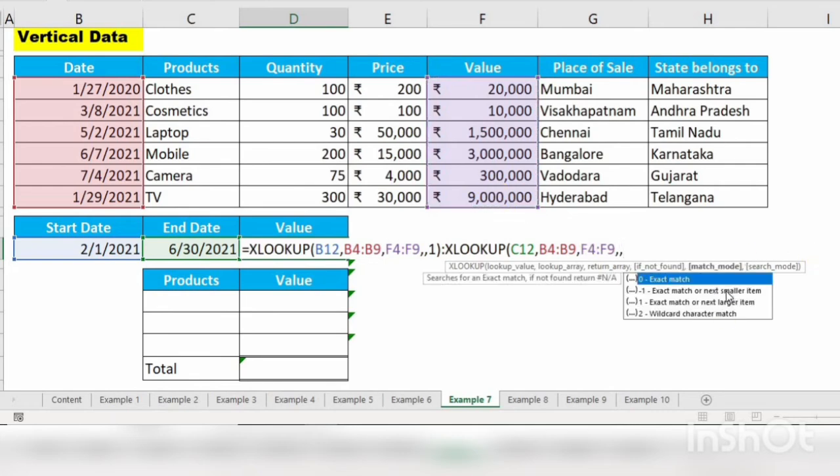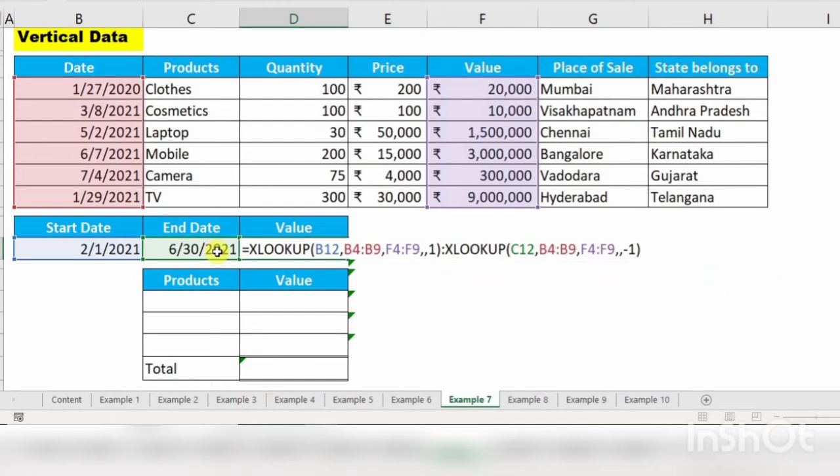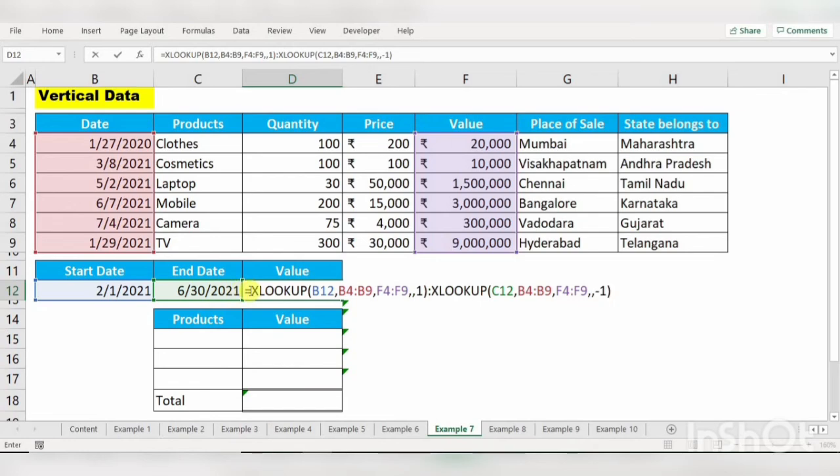Here match mode is next smaller item -1, because we have to get the data before 30th June. So closing the bracket. Now we have to combine all the values together and we need the total of all the values. So I am going to use the sum function here.